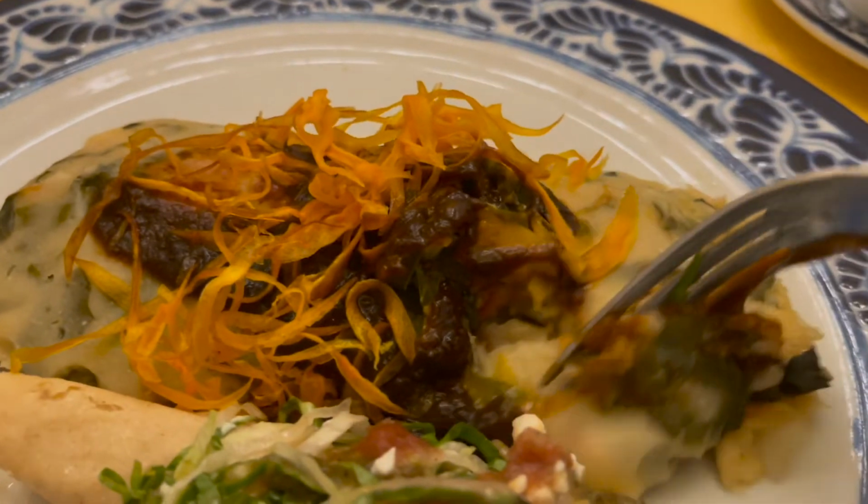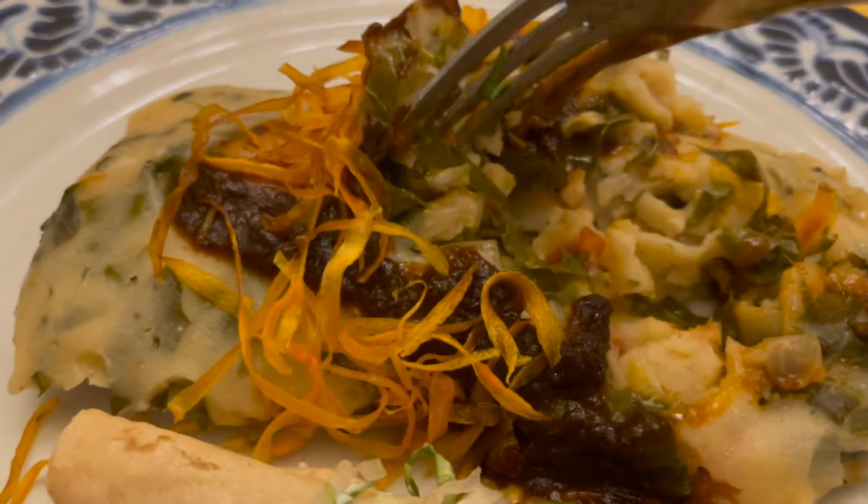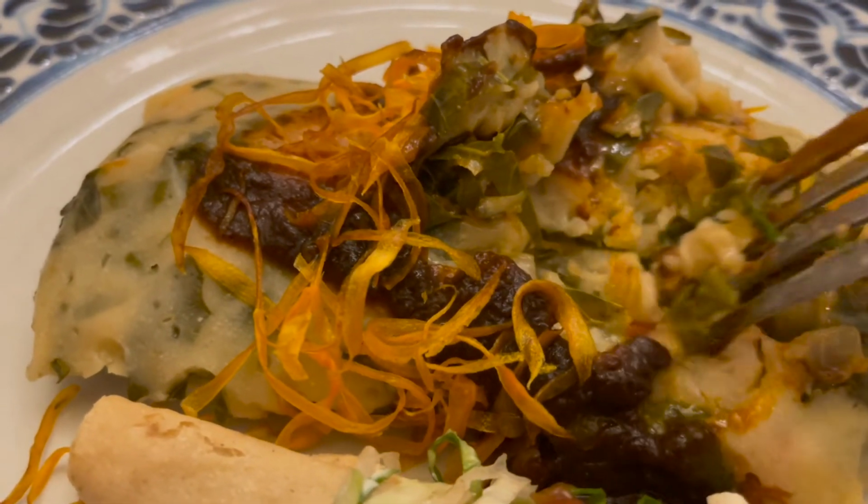What's in this guy here? Looks like some